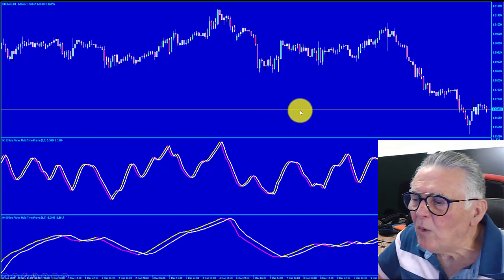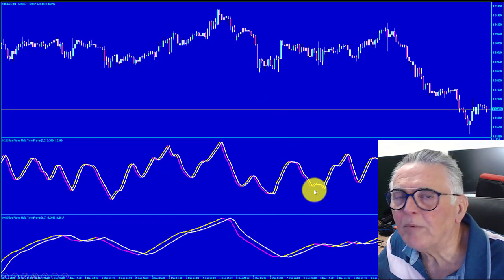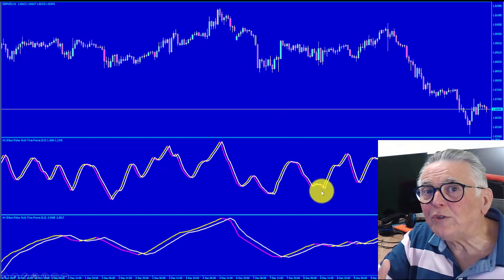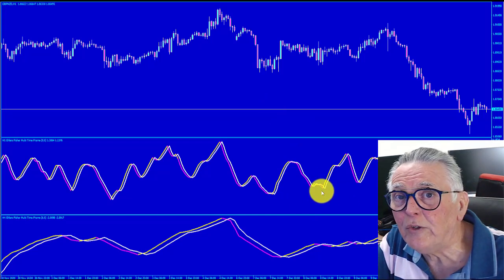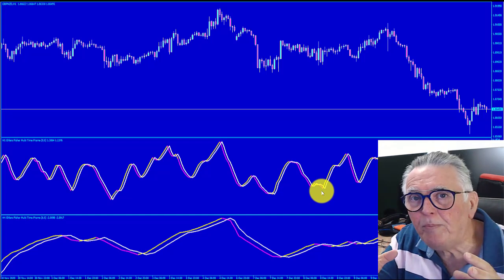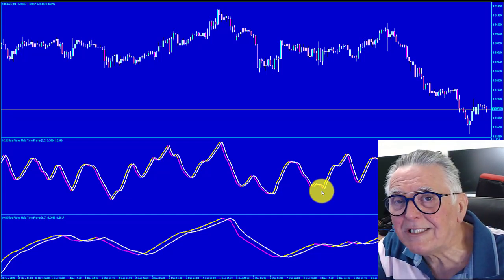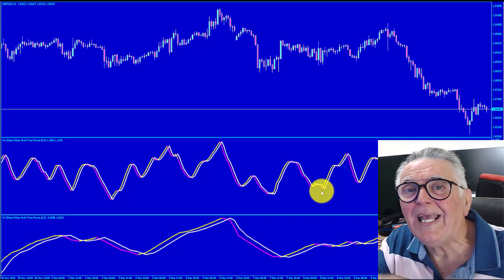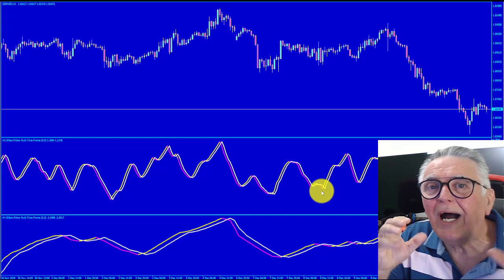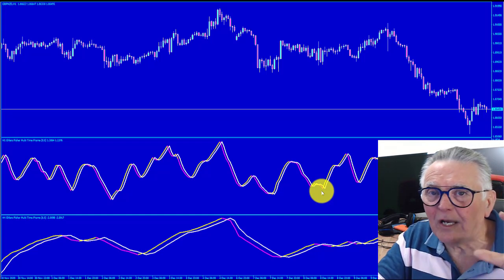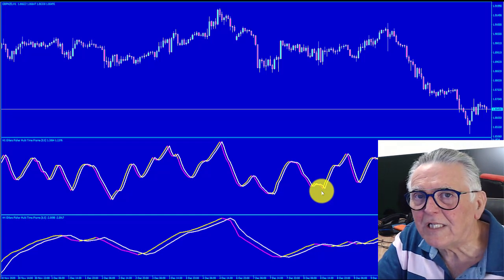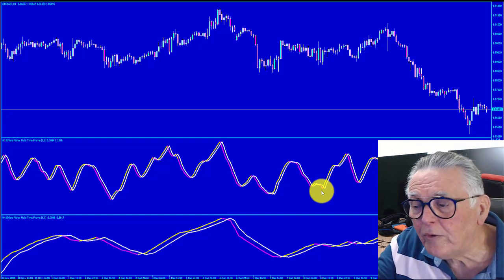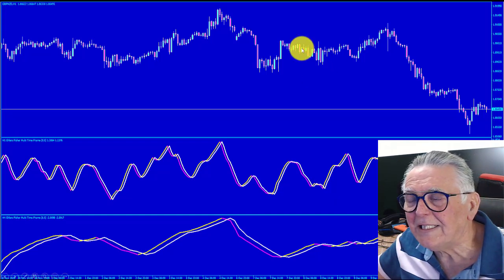Now, what if those whipsaws over there were not profitable? Now, the one thing I do is I don't cash them in if they're losers. I keep them open, because losers can turn into winners, and they can make useful hedging transactions. So I don't cash my losses in. I say, all right, I've got this one transaction that's at a loss at the moment. I open the correct transaction in the next